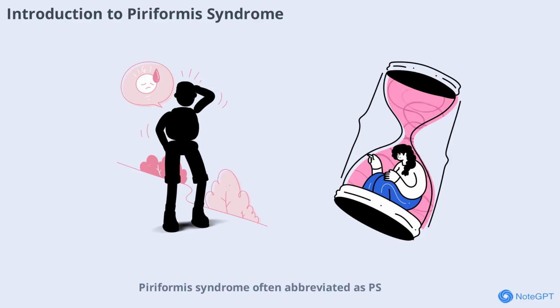Piriformis syndrome, often abbreviated as PS, is a condition that many people and even clinicians tend to overlook. It's a neuromuscular disorder where the piriformis muscle, located deep in the buttock, compresses or irritates the sciatic nerve. This can lead to pain not only in the buttocks but also radiating down the leg, closely mimicking other conditions